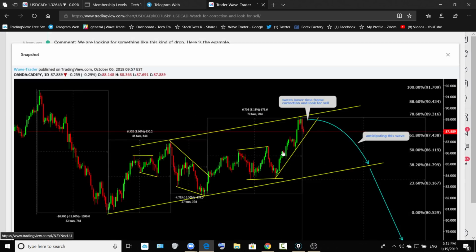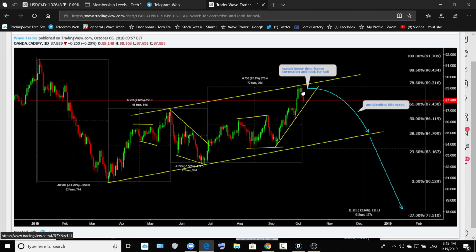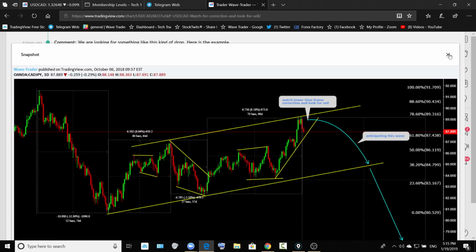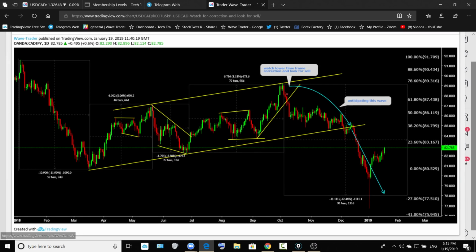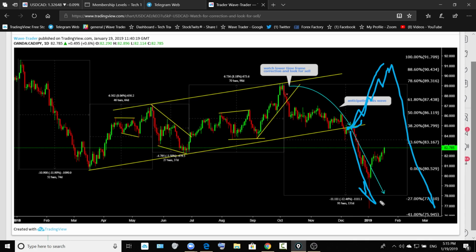Okay, so when the CAD yen was at the top, we were looking for CAD yen to drop. And CAD yen went down very, very aggressively after breaking down this area. So we were expecting some price action over there for something like that pattern formation. We did not see that move. So CAD yen went down very, very aggressively from there. So a similar kind of move we are expecting on the dollar CAD.